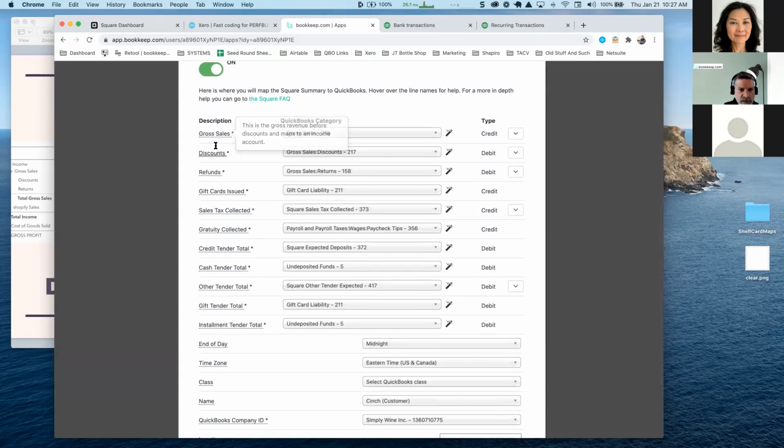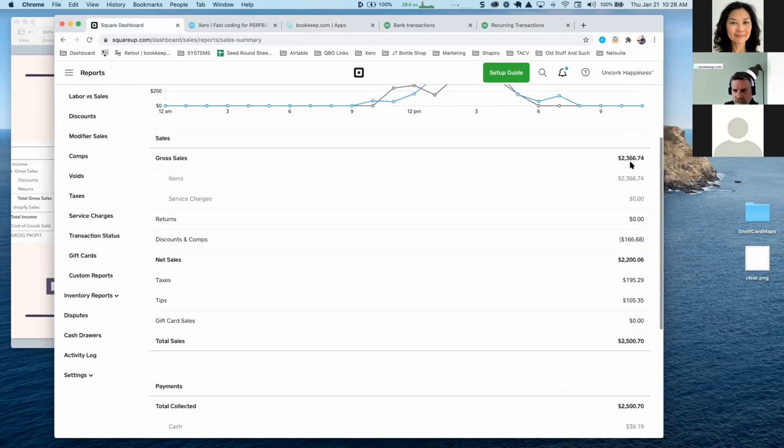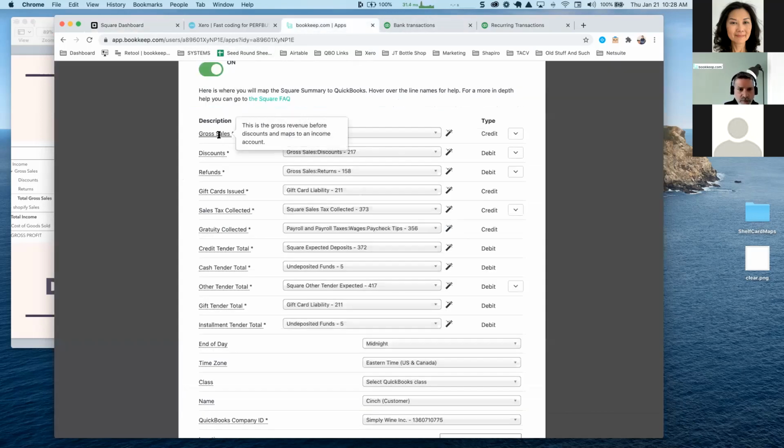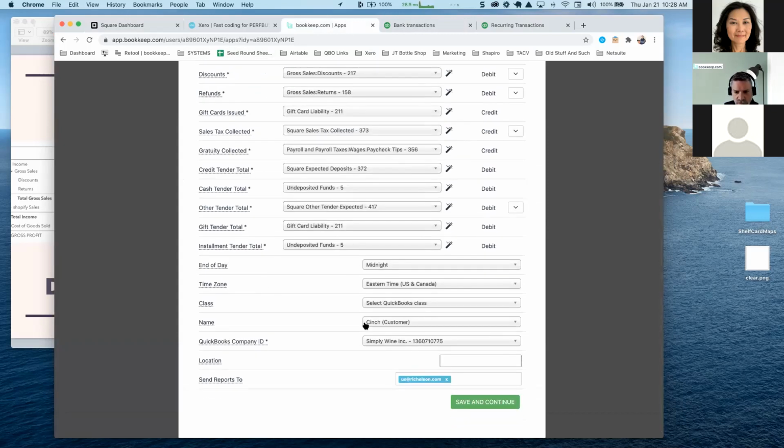So these lines are based exactly on this report. This is basically a Z report, or a daily summary, and we basically map to that report. So you have gross sales, discounts, refunds, your liabilities for gift cards, your sales tax collected, your gratuity, etc. We run this at midnight in your time zone to make sure your store is closed and we capture the